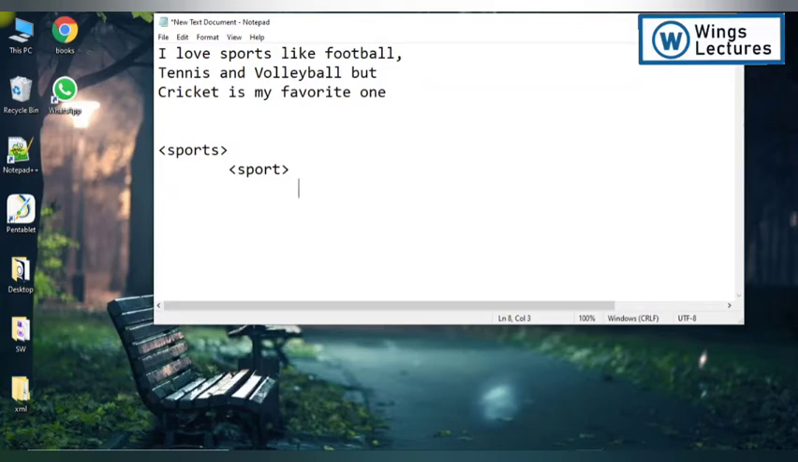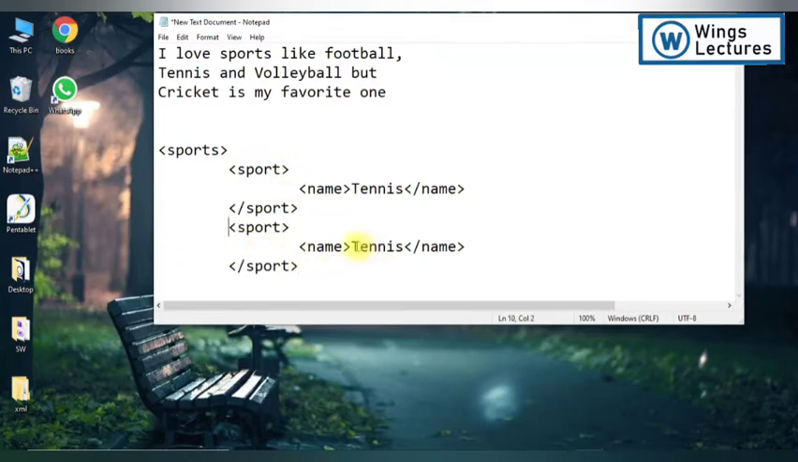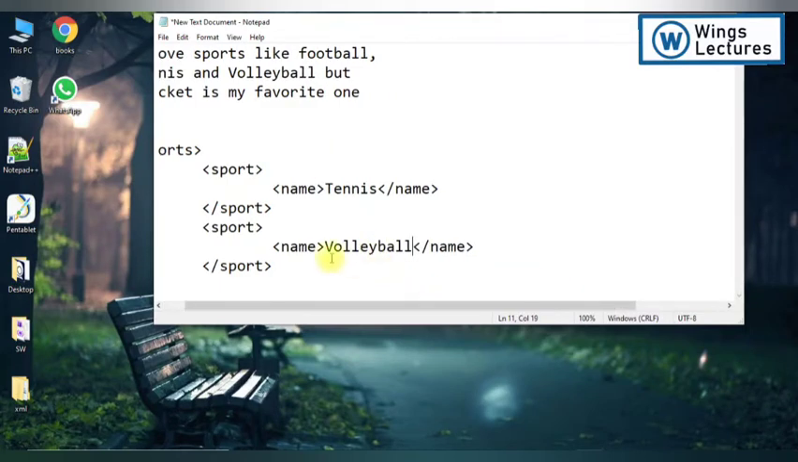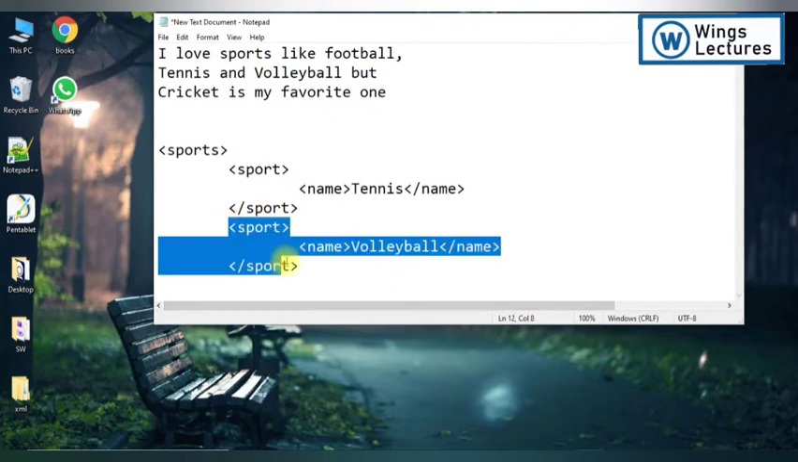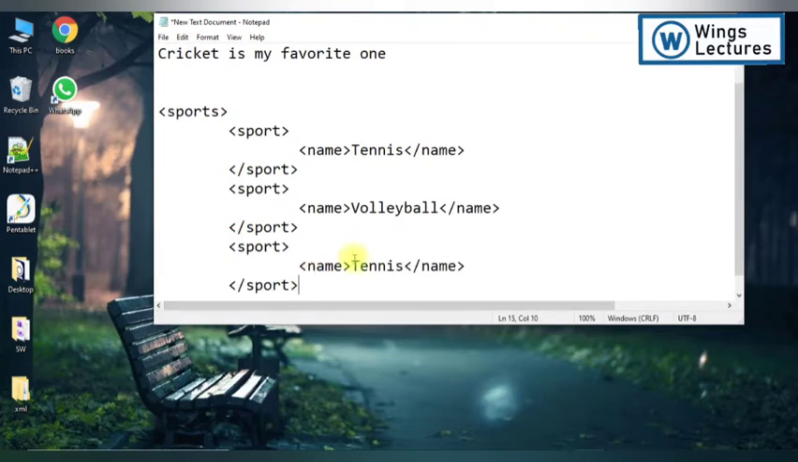I'll teach you the importance of indent and space. XML is space and case sensitive. Okay, so under sport I'm going to type name, tennis, and for every tag the end tag is required. Okay, so now sport, right? For these three sports I'm going to copy and paste it. Volleyball, football. See,